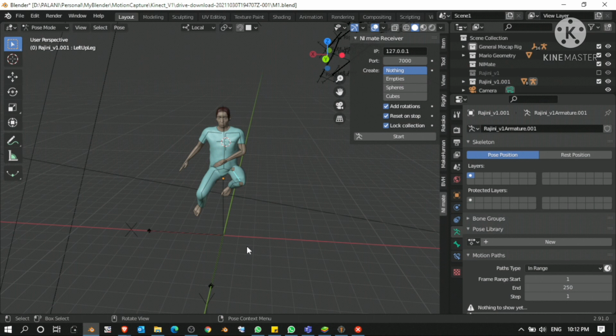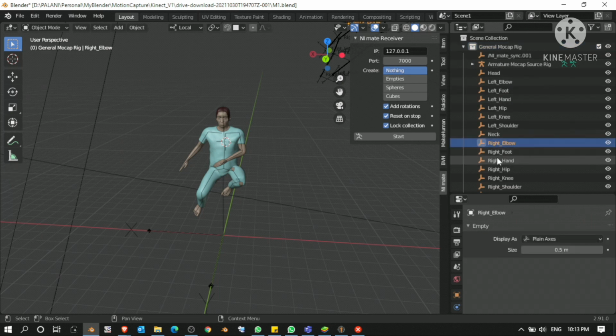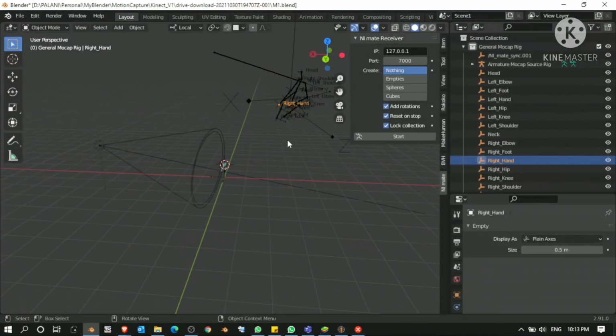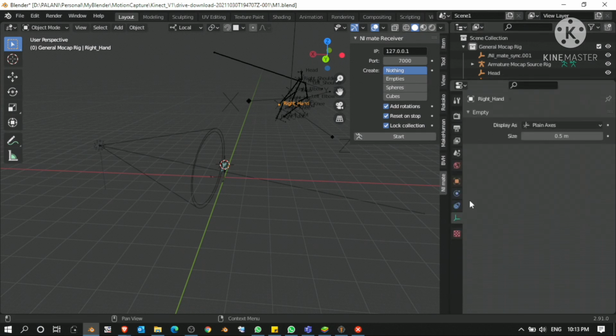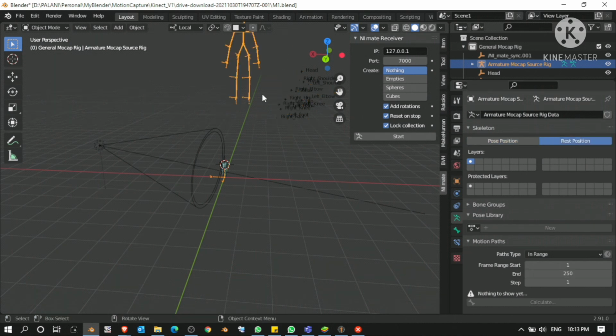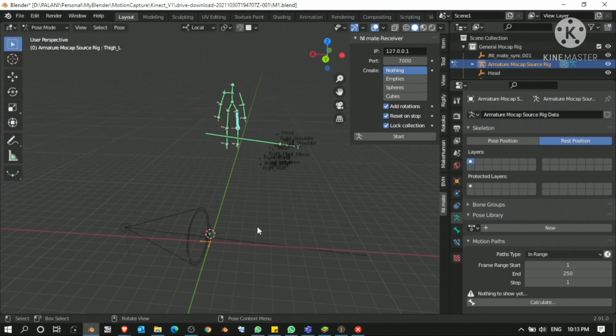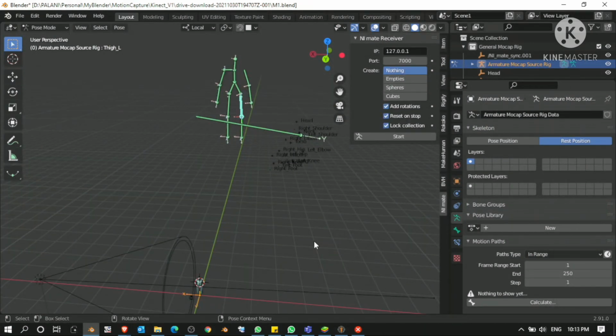Here I have to say one thing. The source rig is already available on the channel that I have given in the description. So I downloaded their rig only. I did not do anything to it because I don't like to redo all the things, because there were many issues, so they have fixed it. So I am simply using their rig, and I designed my own character and am retargeting from their source rig to my rig. That's all.